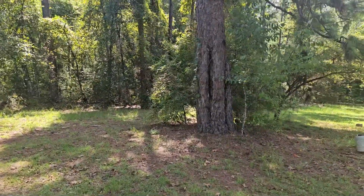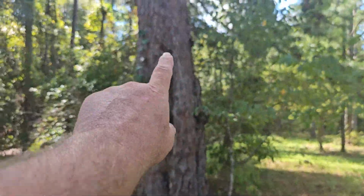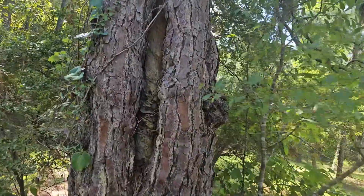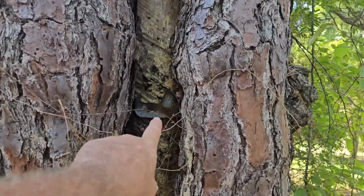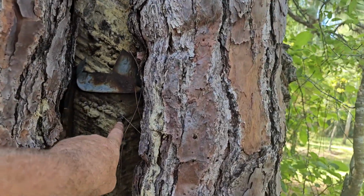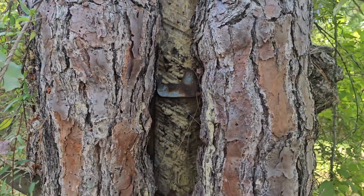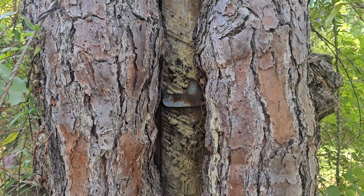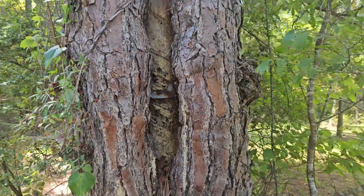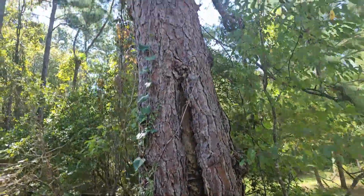Okay, we're not too far from the house. It's just a small hike, but this tree, you can see the split in it right here, and that's where they cut into the tree to install. You see that piece of sheet metal right there? Jim called them cat faces, and then they'd hang a bucket on this nail, and the pine sap would leak out and dump into a bucket, and then they'd take it over to the distillery and distill it into turpentine. So that's pretty interesting. So this tree is original